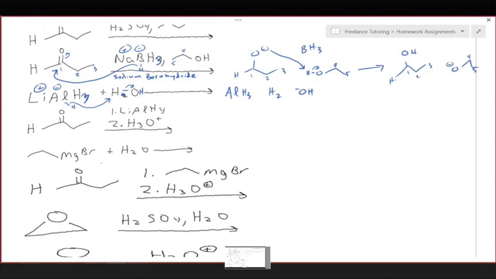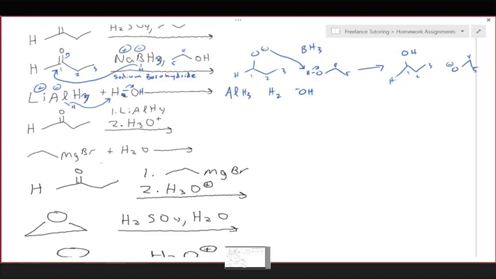So the numbers here mean that we're going to wait until the first step has finished before adding the H3O+. A comma means everything's added at the same time. What was the solvent when you used the sodium borohydride? The alcohol. Right. I didn't show what the solvent was with the lithium aluminum hydride, but maybe